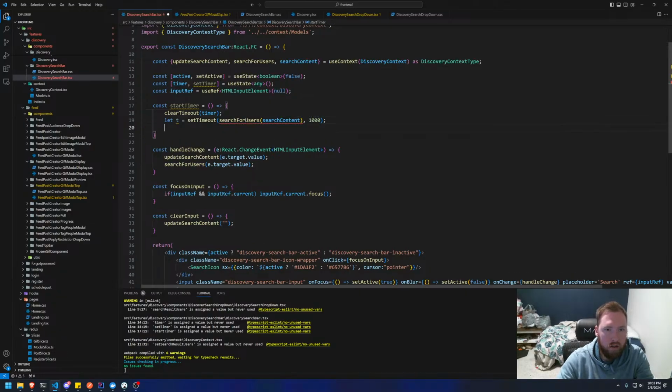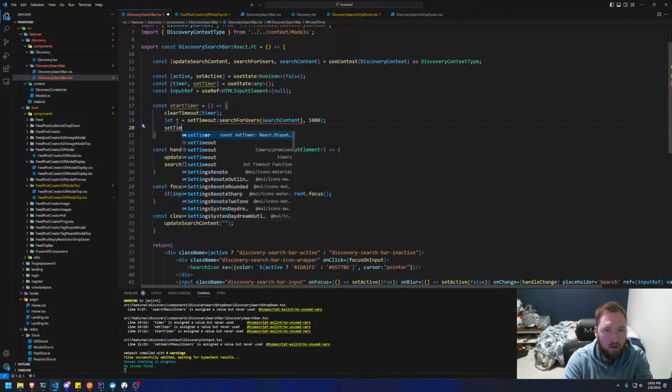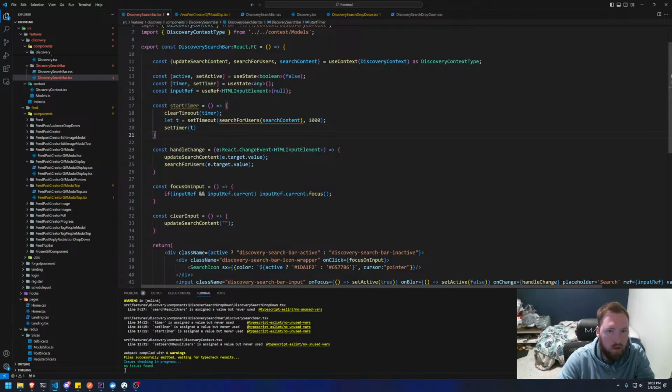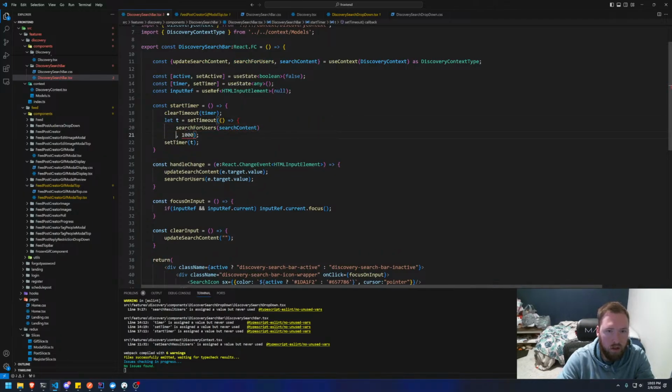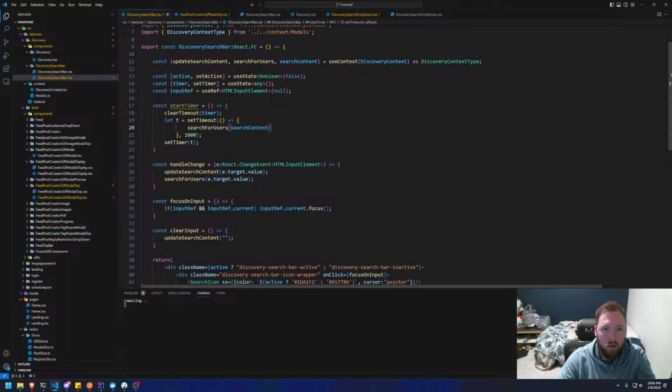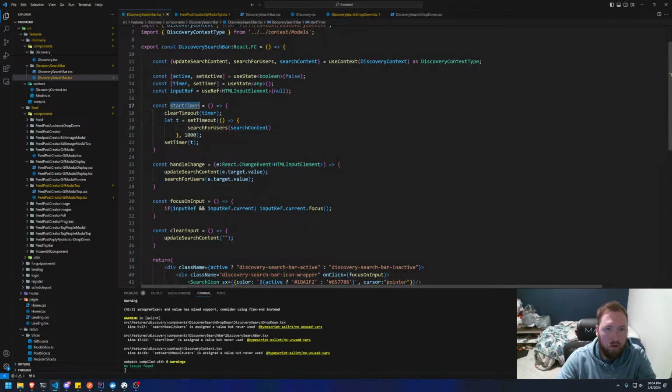We'll deal with that in a second. And then set timer to T. Okay, so what is the issue with this? Is it because it probably doesn't like this? So let's just call it like this, I suppose. I'm guessing this is the issue. So it didn't like that it was calling something with a callback, but no thing. So now start timer